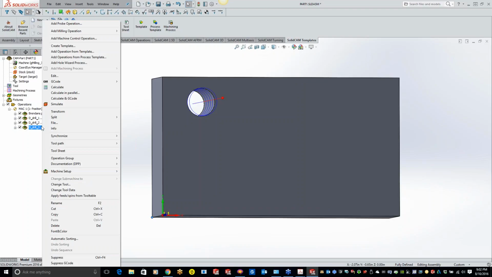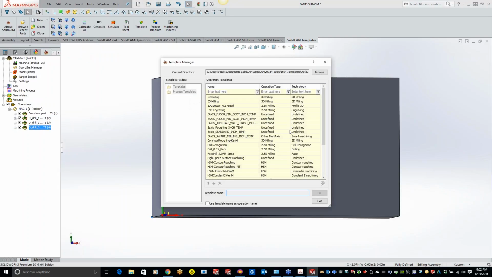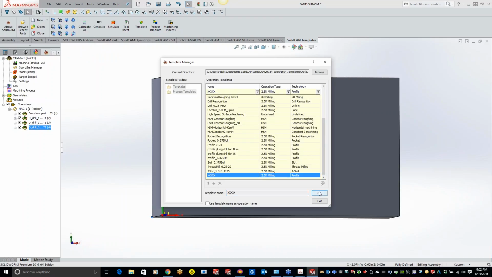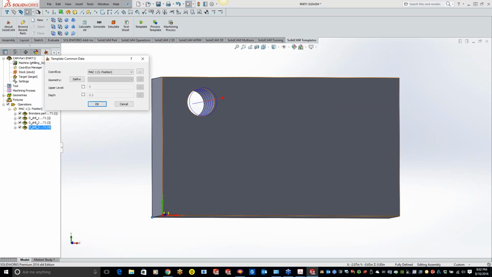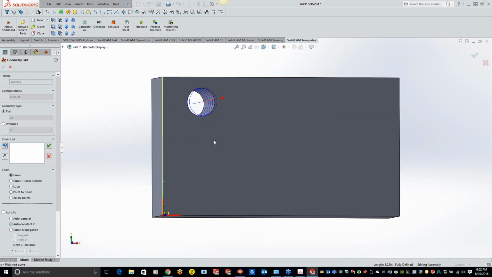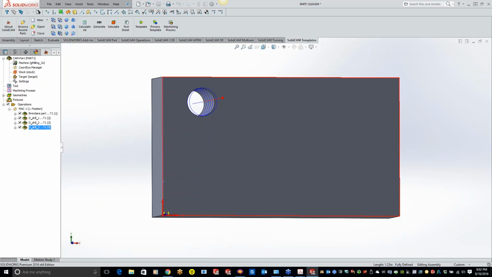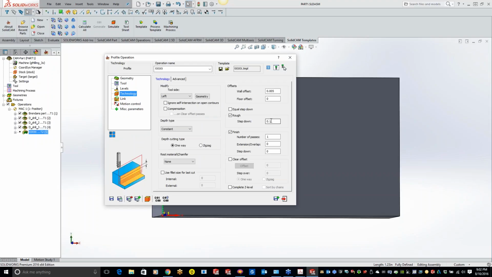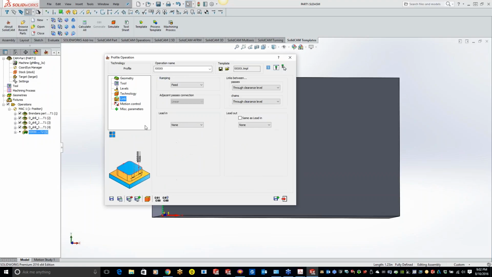Now instead of doing a process template, we're just going to do a standard template, and we can look for our XXX down at the bottom, use template name, hit OK, grab my geometry, hit OK, and now you'll see that it automatically brought in my 100 thou step down, leaving 5 thou on the wall, the finish, and with no lead in or lead out at all.